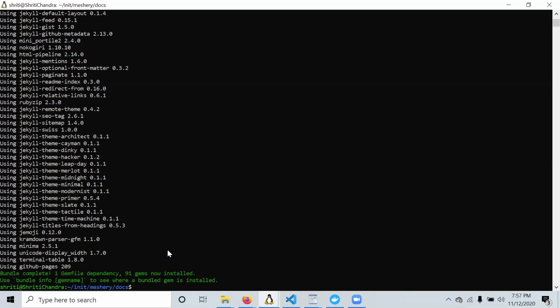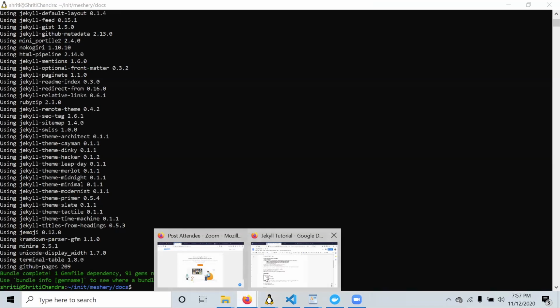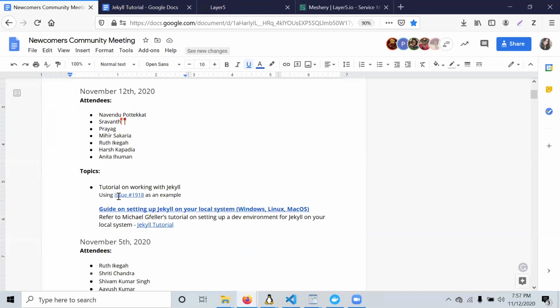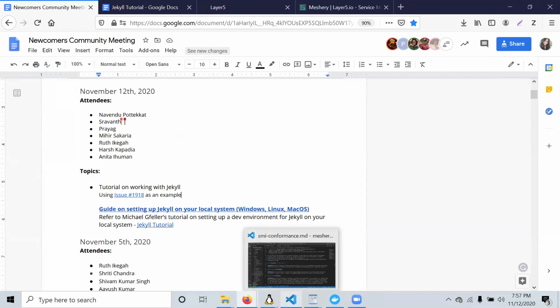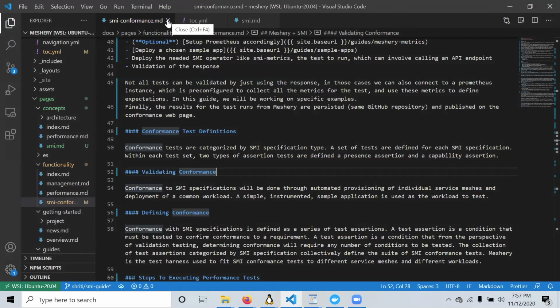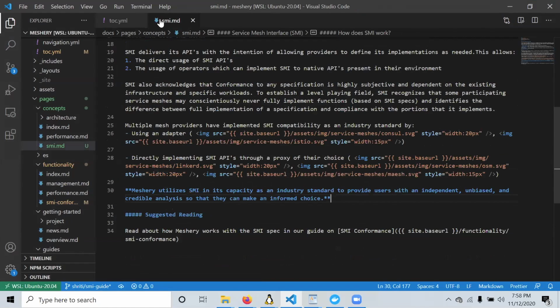Post this, let's make a small change actually. I was initially planning to solve a small issue for you, and I went ahead and made this issue as an example, but I've just realized that it'll be way too long a documentation example just for the purpose of a tutorial. So let me go ahead and change something very small. Just working something out. All right.